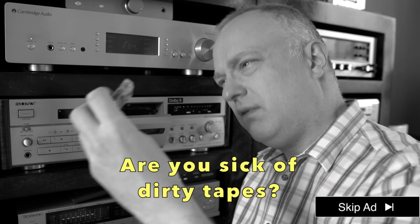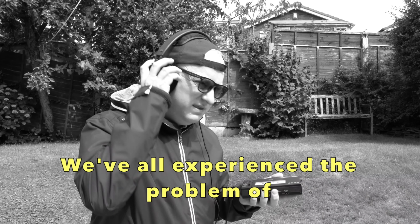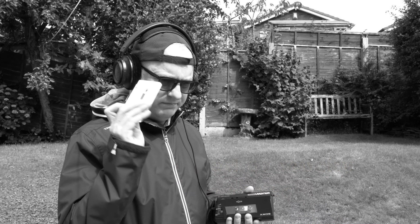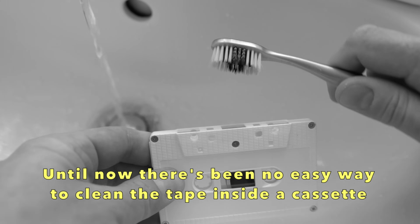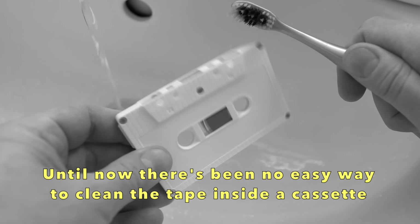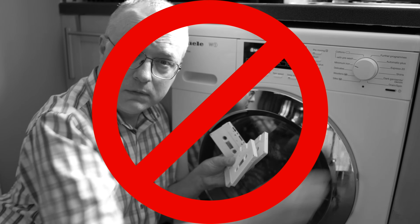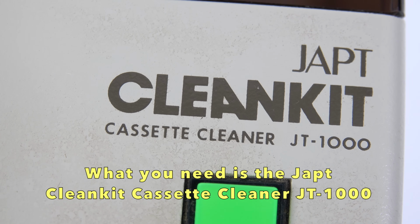Oh, flipping adverts. Are you sick of dirty tapes? Is he talking about blue videos? We've all experienced the problem of stained, soiled or mucky cassette tapes. No, we haven't. This isn't a thing. Until now, there's been no easy way to clean the tape inside a cassette. I don't understand how it got dirty. Stop. Don't put your cassettes in a washing machine. What you need is the Japped Clean Kit Cassette Cleaner